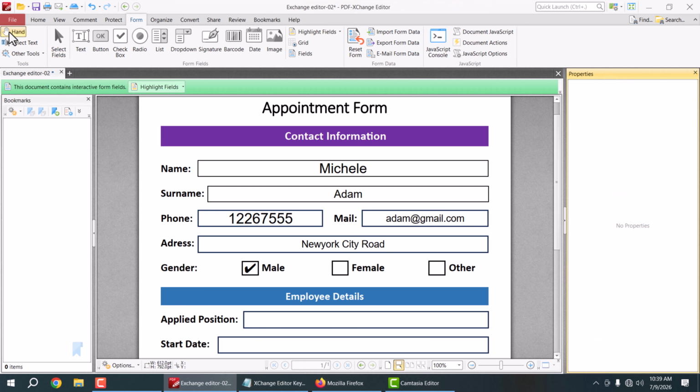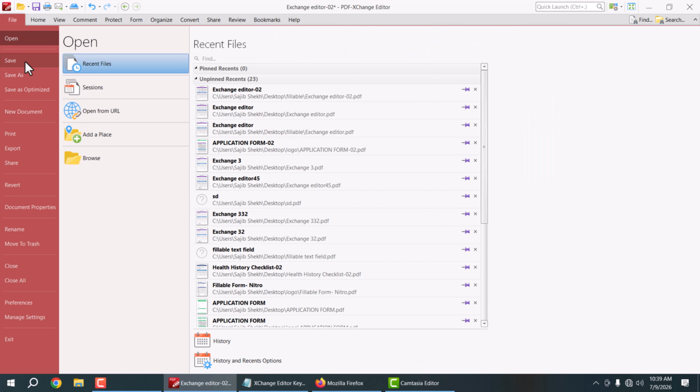In this way you can change a text font size and finally select this file option, save or save as